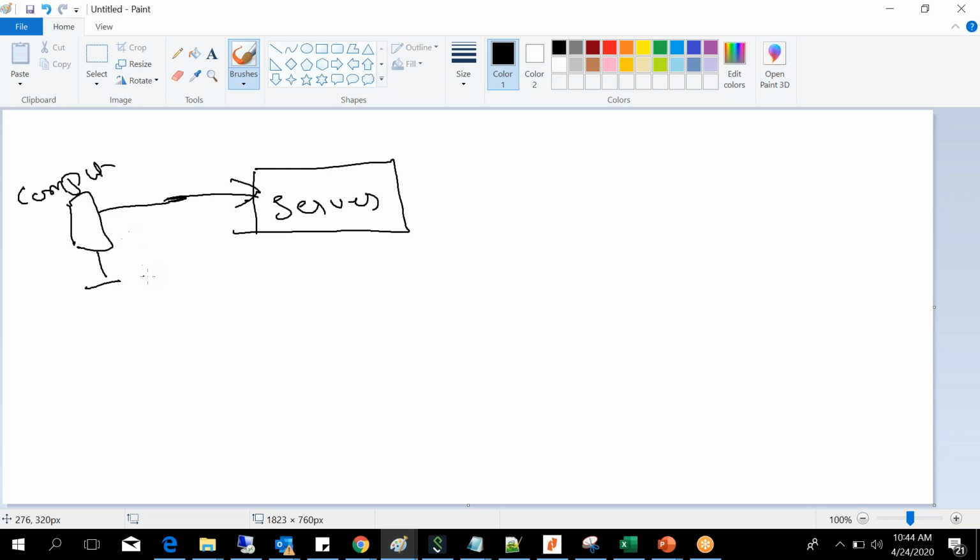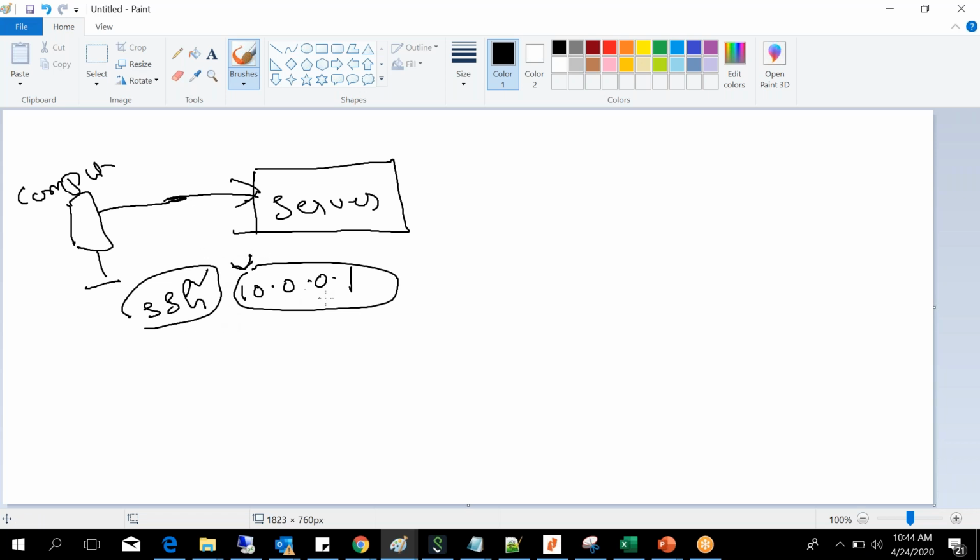He will go to the command prompt and give the server's IP address, let's say 10.0.0.x as an example. What this means is he is connecting to the server with a secure connection, a secure layer. Once you give SSH and the IP address, what happens?